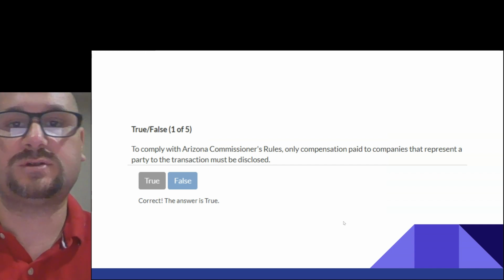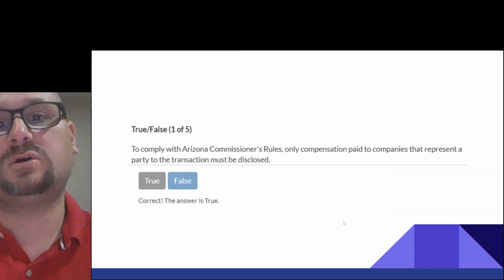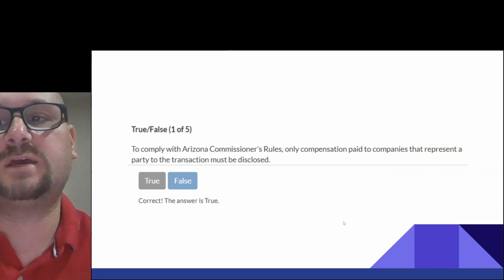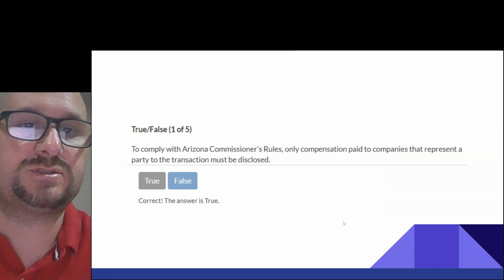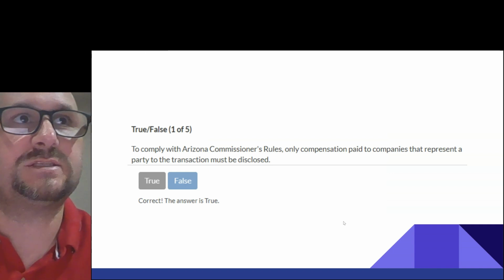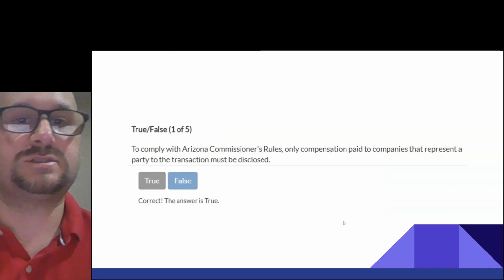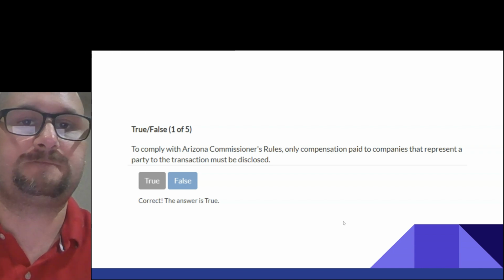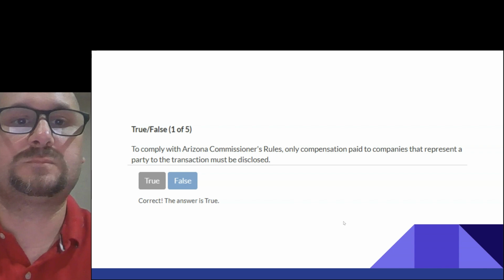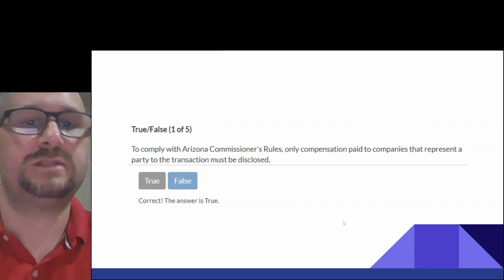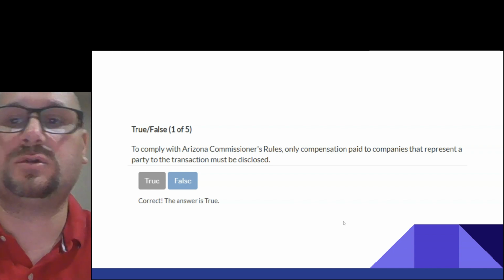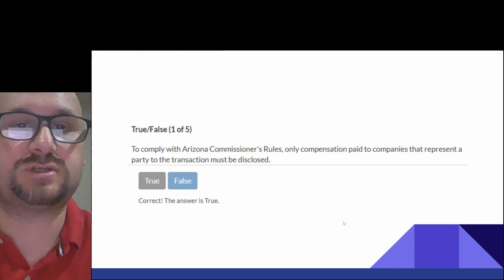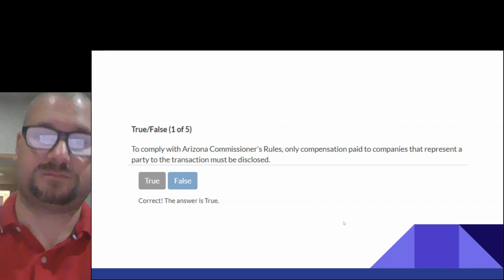To comply with Arizona Commissioner's rules, only compensation paid to companies that represent a party to the transaction must be disclosed. Answer is true. So again, to comply with Arizona Commissioner's rules, only compensation paid to companies that represent a party to the transaction must be disclosed.